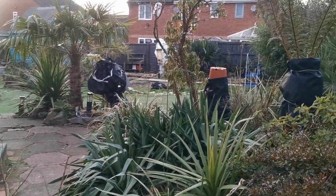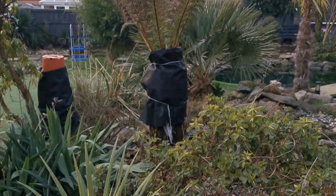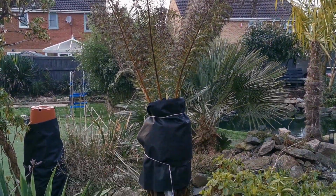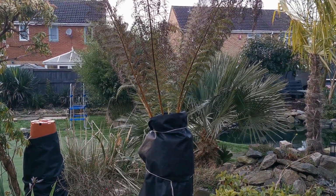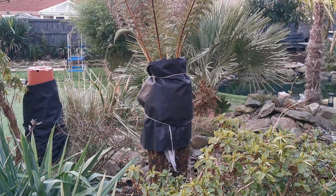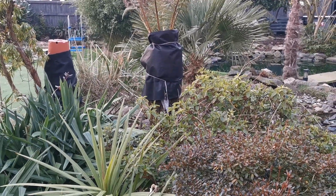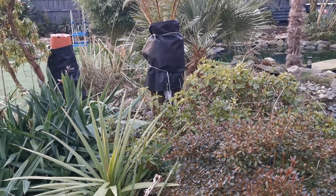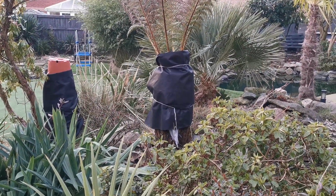Just as we come off the back here, looking back into the center, guys, the Dicksonia Antarctica tree fern. Again, we've got a little bit of browning off on the leaves there, but to be expected with the kind of temperatures we've had. That was fully wrapped during the freezing colds. But again, we've had a cold temperature last night down to about -2, but after that I'm going to be taking off the majority of the covering, the fleecing on it. Again, just going to keep that only covered when I need to, basically, on that side. Have looked inside it as well, guys, and there are a couple of new knuckles coming up, which is, once again,